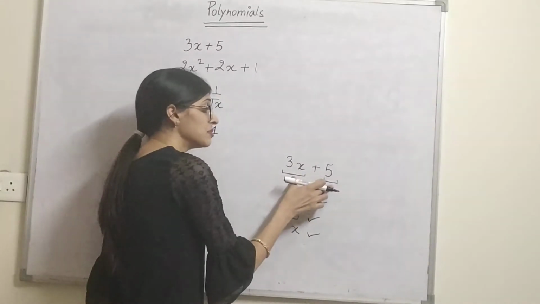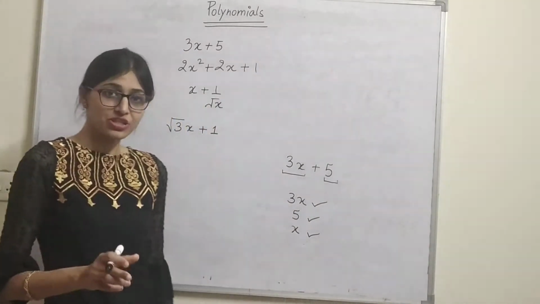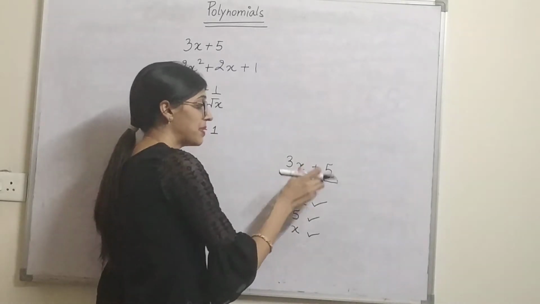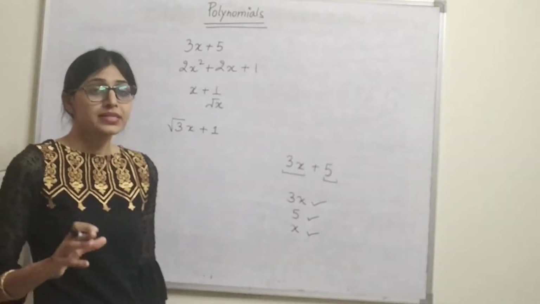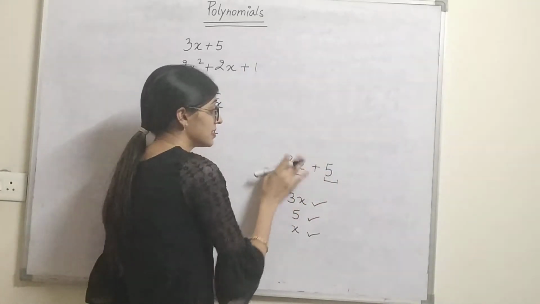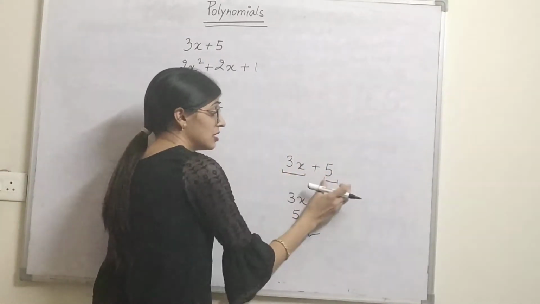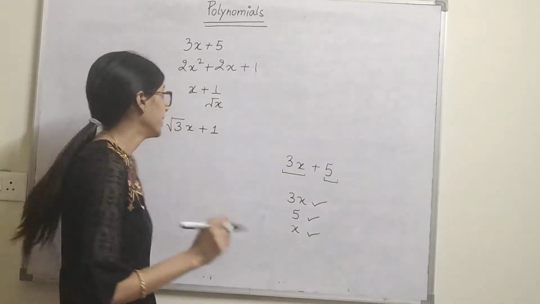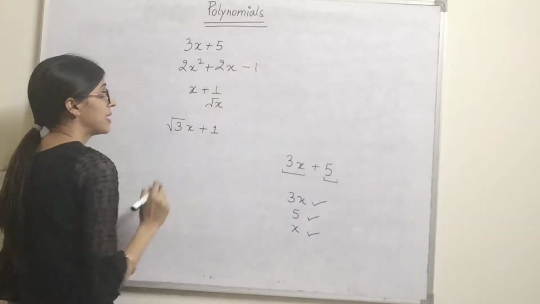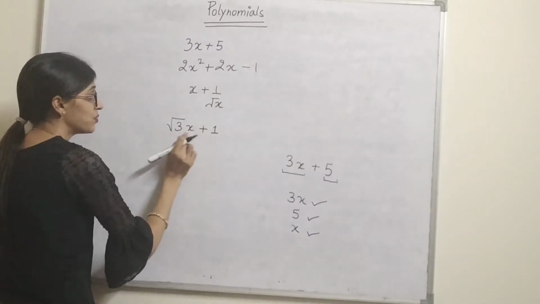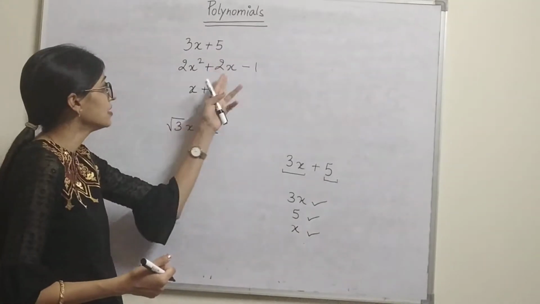And when these terms are separated from each other with the help of any arithmetic operation like plus, minus, multiply, divide, we can say that it is converted into an expression. So this is basically an expression which we call a polynomial, which consists of terms separated by arithmetic operations. Here the arithmetic operation is plus. Here we can apply plus and minus. Here there is division. Here these both are in multiplication. So different arithmetic operations are applied on different terms.